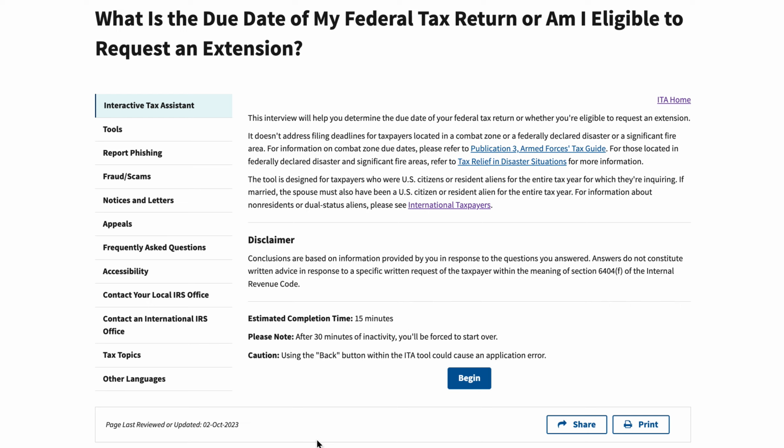We're going to go through the IRS Interactive Tax Assistant tool titled, "What is the due date of my federal tax return, or am I eligible to request an extension?" So that's a mouthful, but what this tool does is it helps people who might be in unique tax situations. It helps them figure out whether or not they should apply for an extension,